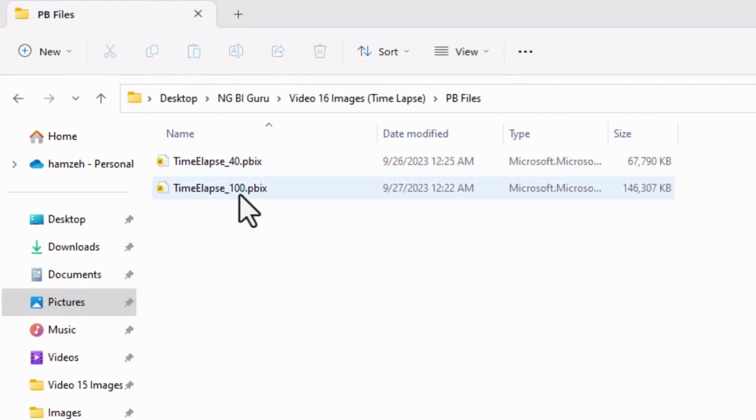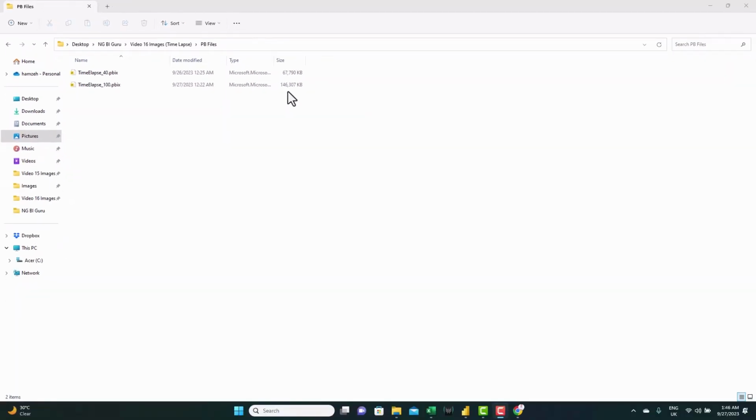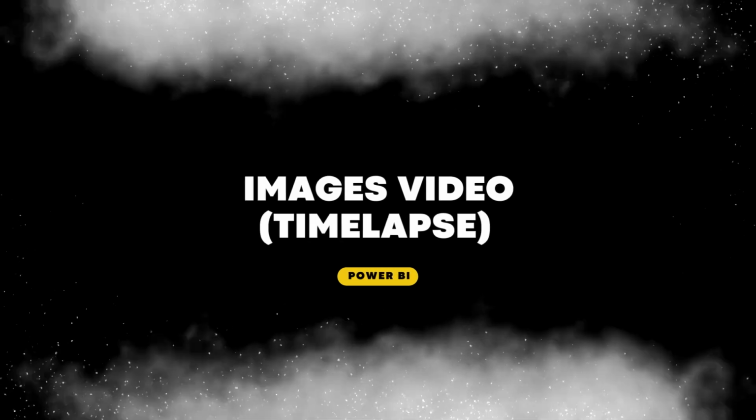So we have 100% of the original size. You can see the effect on the size. You can see that it's more than doubled. So this is almost 40% of the full size, and you can imagine if you have more images how the size will grow. And now let's go back to our exercise and develop the visuals for the dashboard.